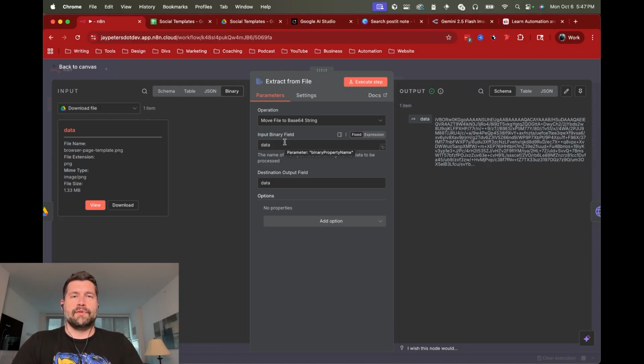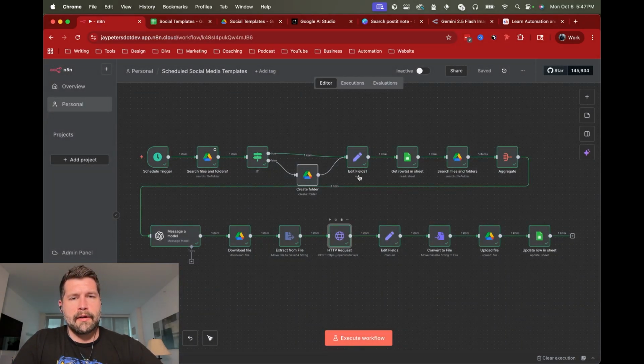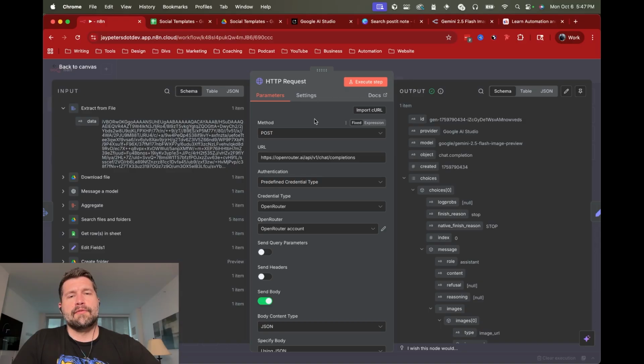it off to Openrouter, specifically Nano Banana. You could also make your images publicly available and then send in URLs instead. So either one works, but this is kind of straightforward as far as just being able to send the image data directly and not have to worry about sharing images. So this will take that data, turn it into base64, and then we are going to call Openrouter through an